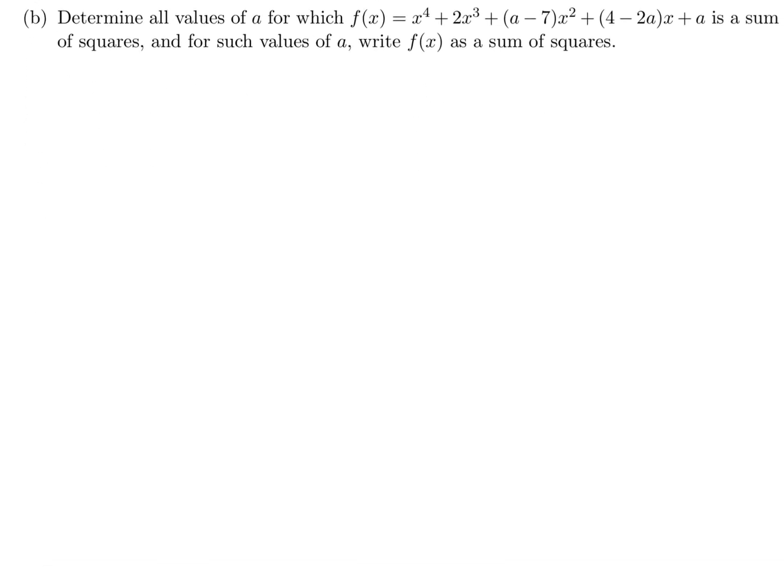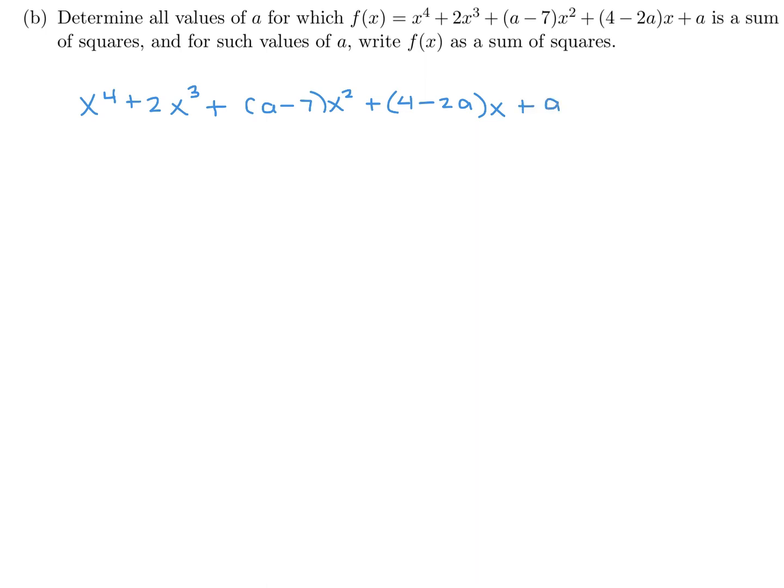Part B: if we have f of x is x to the power of 4 plus 2x to the power of 3 plus (a minus 7) times x squared plus (4 minus 2a) times x plus a, if that is a sum of squares, for such values of a, write f of x as a sum of squares. Okay, so we've got this x to the power of 4 plus 2x to the power of 3 plus (a minus 7)x to the power of 2 plus (4 minus 2a)x